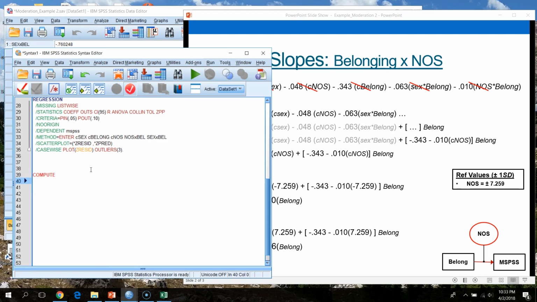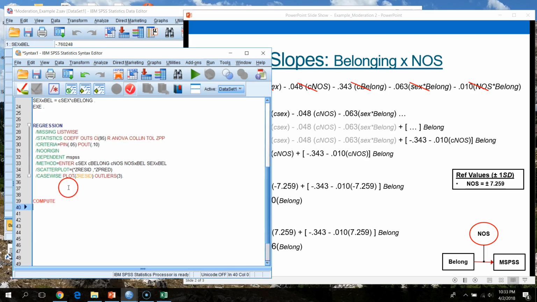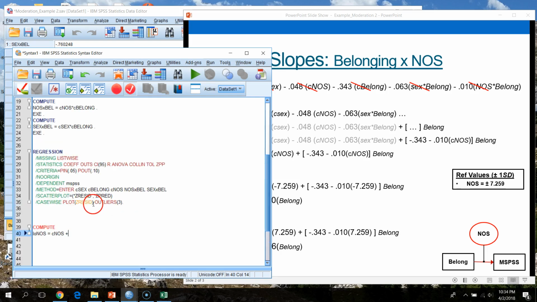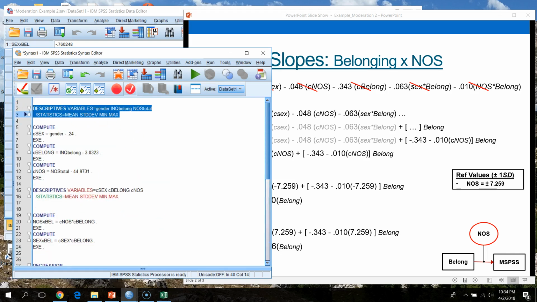I'm going to create a new variable that's going to recenter the 0 point of my moderator to correspond to low levels of NOS. So what I'm going to do is create a new variable. I'm going to call it low NOS, and I'm going to set that equal to centered NOS plus... well, actually, before I do that,